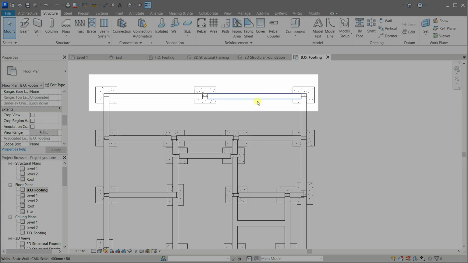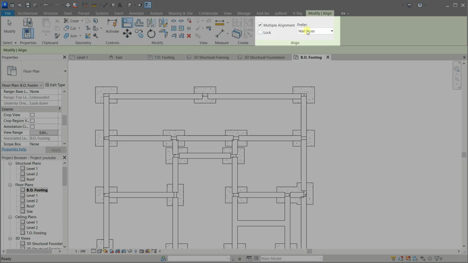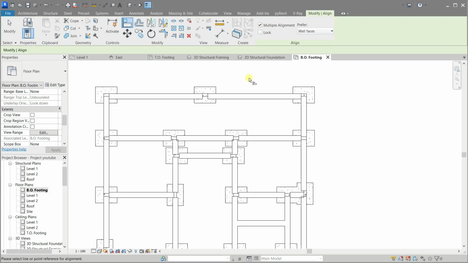Now, similar to the foundation walls, we need all the side footings to be inside the lot. Use the Align tool to do that. Make sure the multiple alignment and wall faces are selected. That option will help you to multi-align objects to a single reference.